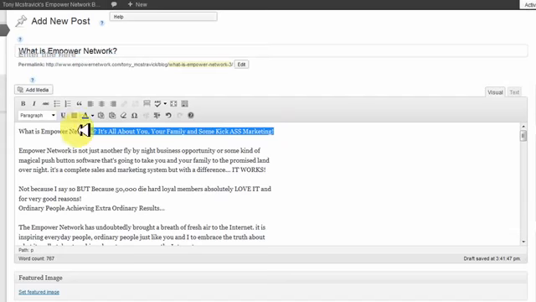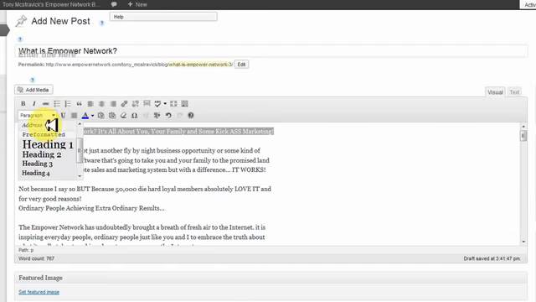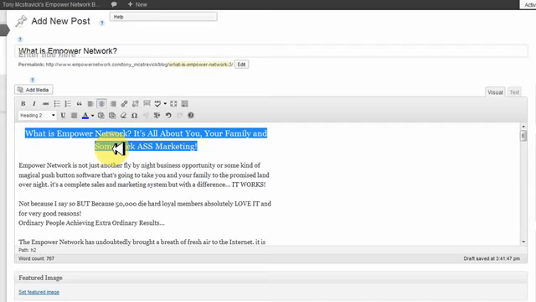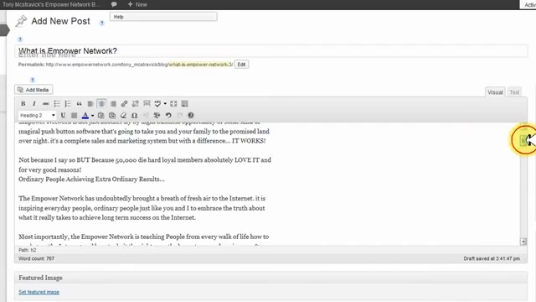Now your subheadline, I always turn this into a H2 tag, but you can also have a H1 tag here also. But for me, I like to make it a H2 tag. So I'm going to make it a H2 tag. So come over to where it says paragraph, drop down menu, put that into a H2 tag. Now you can centralize that if you so wish. I'm going to centralize it here. Now as we come down,